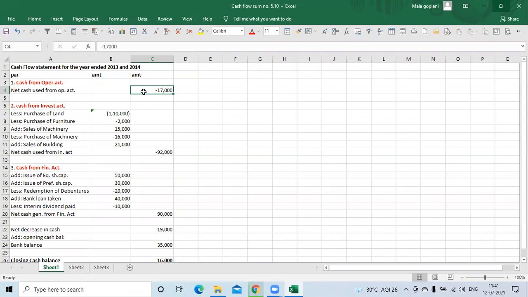Is it now clear, everyone? Very good. Now you have so many items in investing activity also in the inner column. So what you have to do now? Add all of them and bring it to the outer column, on the next new line. See, the first figure is 1,10,000 minus. So 1,10,000 negative is there. So what you need to do? Type 1,10,000, then on the left-hand side there is a plus and minus button. Press that button. Automatically on the calculator screen, you will see minus 1,10,000.